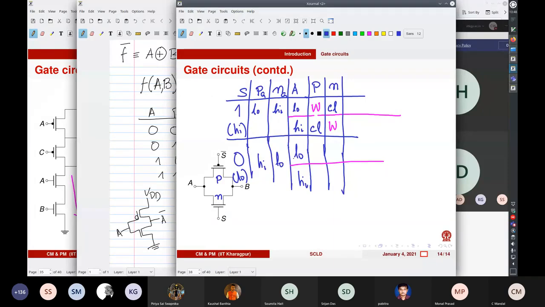So you can see that when A is low, okay, when A is low, that time if this is high, then there is no benefit really. So you find that and similarly, basically when